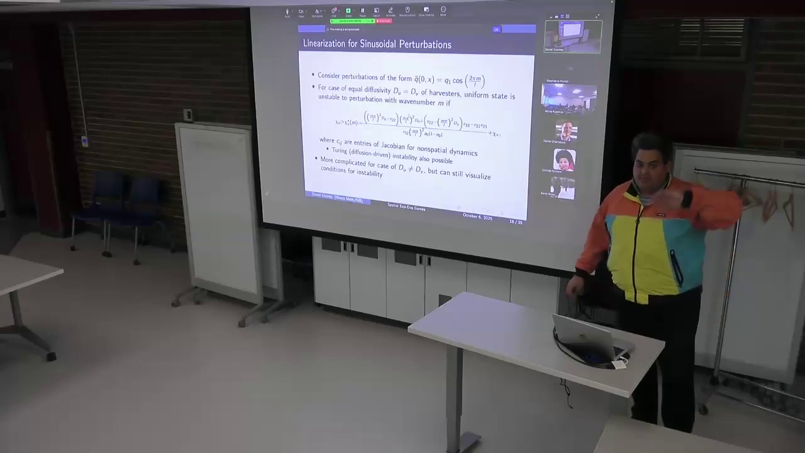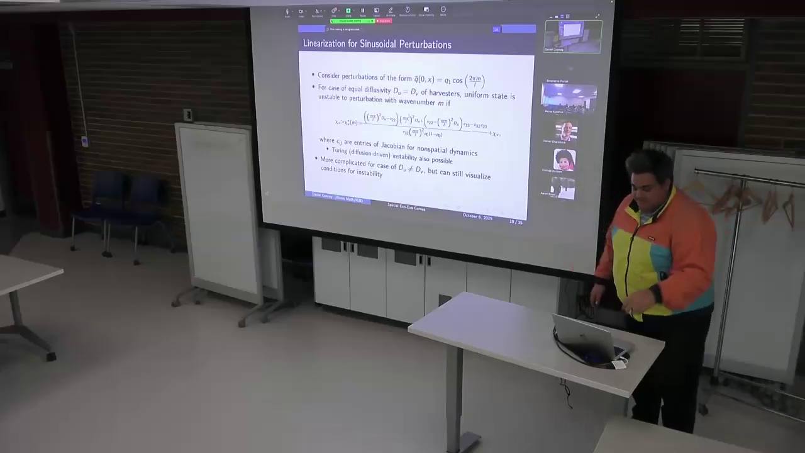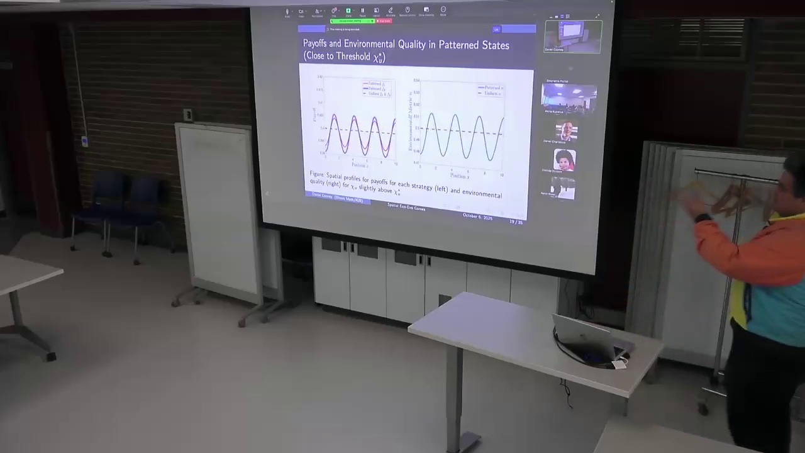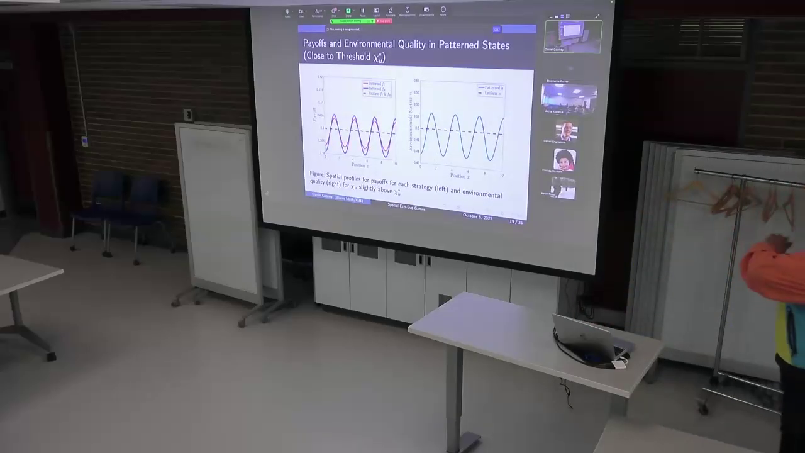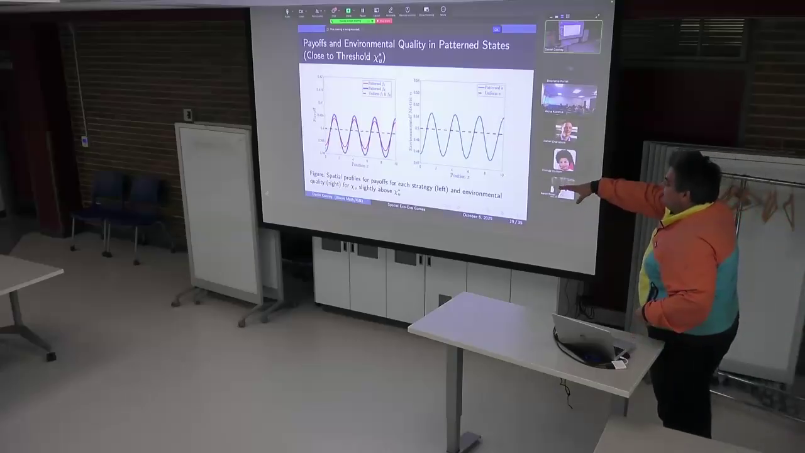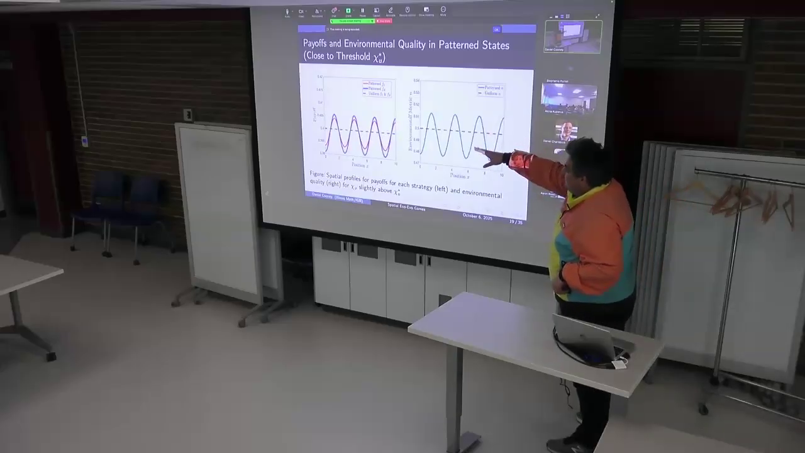There's a feedback where they make the environment better and then draw more low impact harvesters, who further make it better, et cetera, et cetera. And you can actually plot using some numerical simulations starting near that uniform state. So when chi-u is close to that threshold we calculated, we get sinusoidal patterns